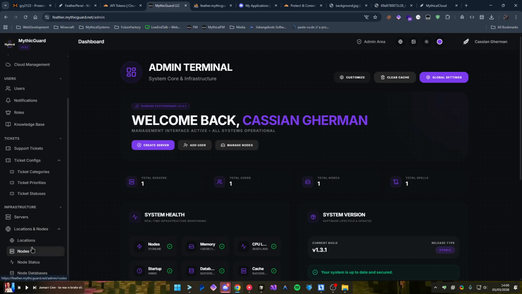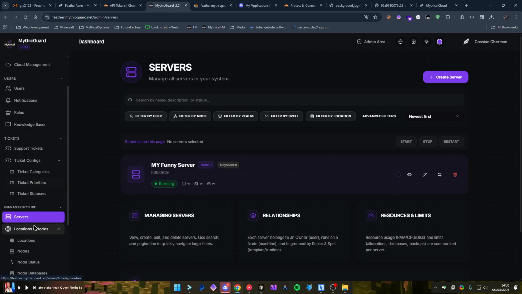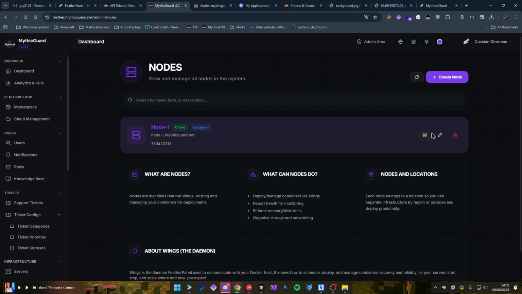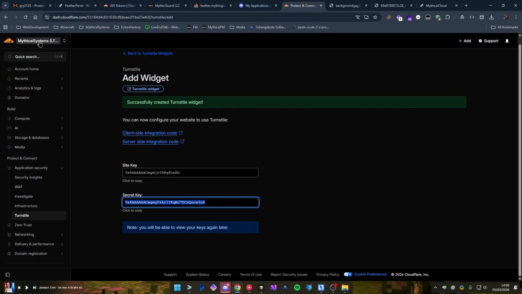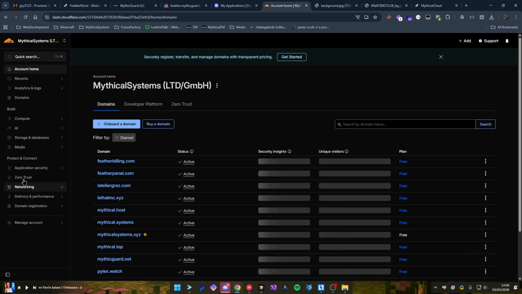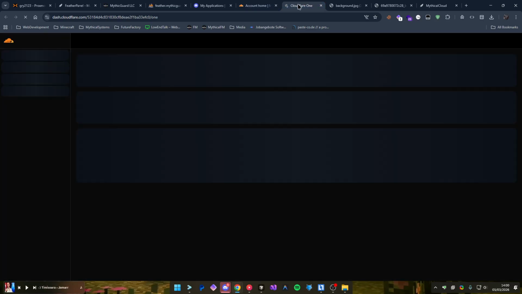I already have my node set up, so I will just modify the node. So let's say you create your node. You can create your node just normally. If you don't have a Cloudflare tunnel, you would want to go to your Cloudflare account. Make sure that before you do that, you have access to the Cloudflare Zero Trust page,